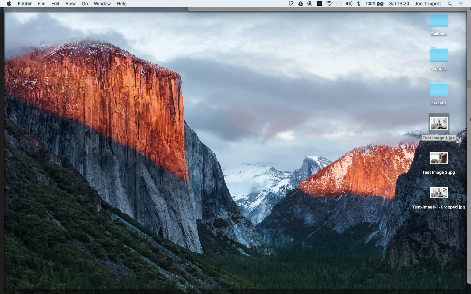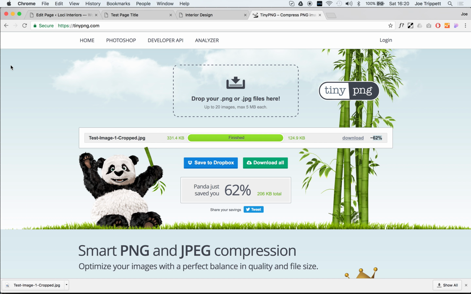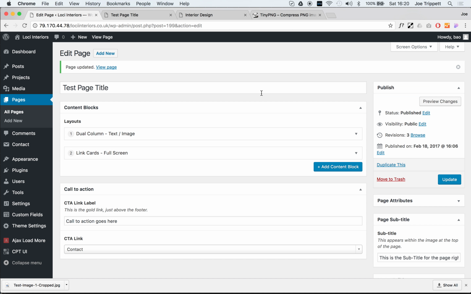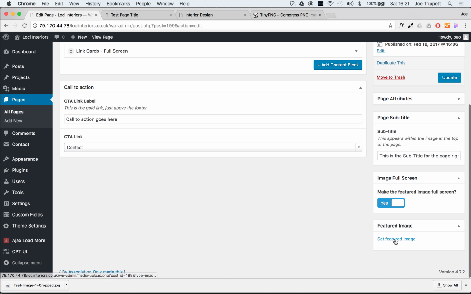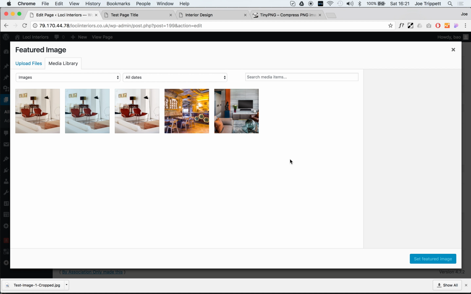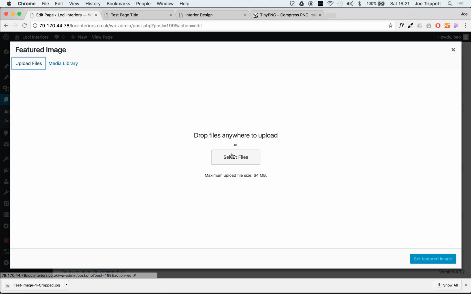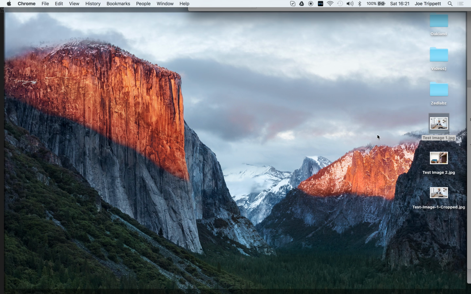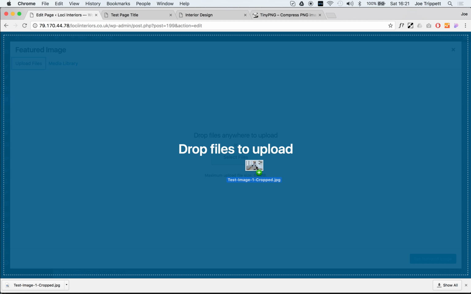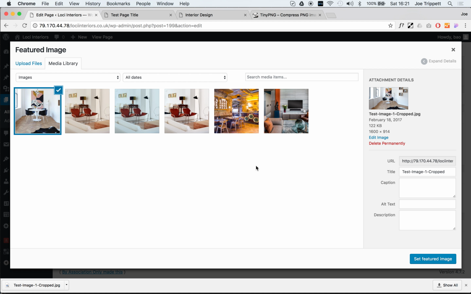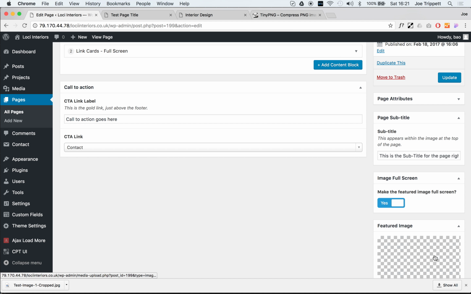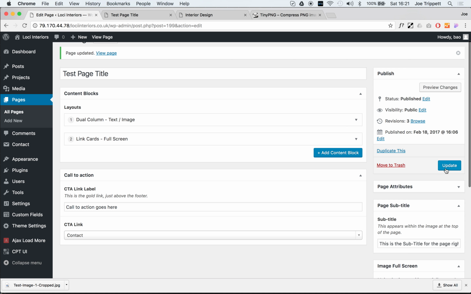So then once we've exported that, in the admin panel, we'll make that the featured image on this page. So again, you can just hit upload files, or you can drag and drop them from your desktop, and then obviously add as much information here as you can. Set featured image, update,